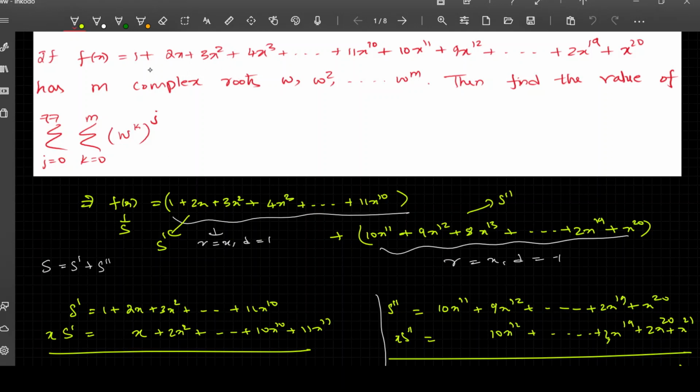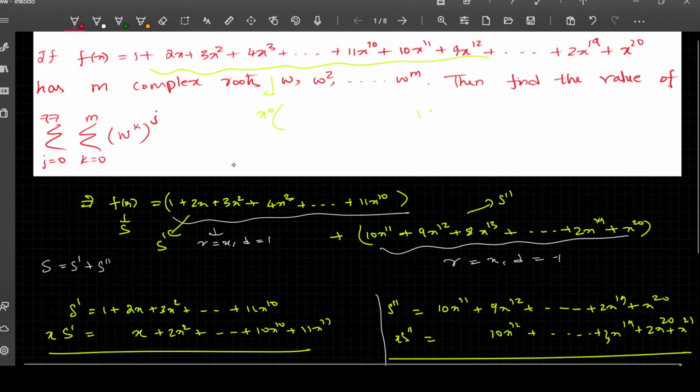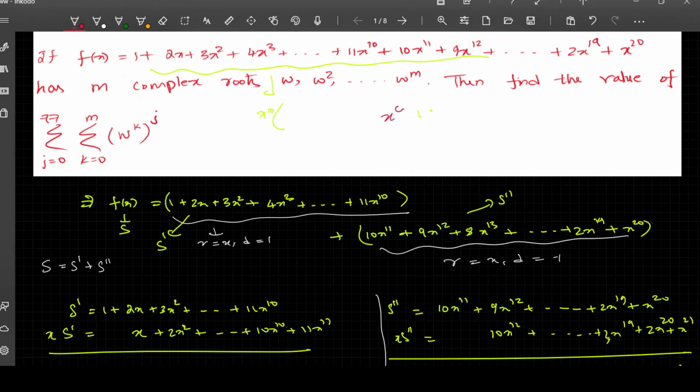This equation can be solved in another way. I would not advise this method to anyone, but you can take x power 10 to be common. For example, let's see a palindrome equation, I would write it with red ink, that would be better. Take any palindrome equation like x power 4 plus 3x cube plus 2x square plus 3x plus 1 is equal to 0. We can see that it's a palindrome equation, isn't it?